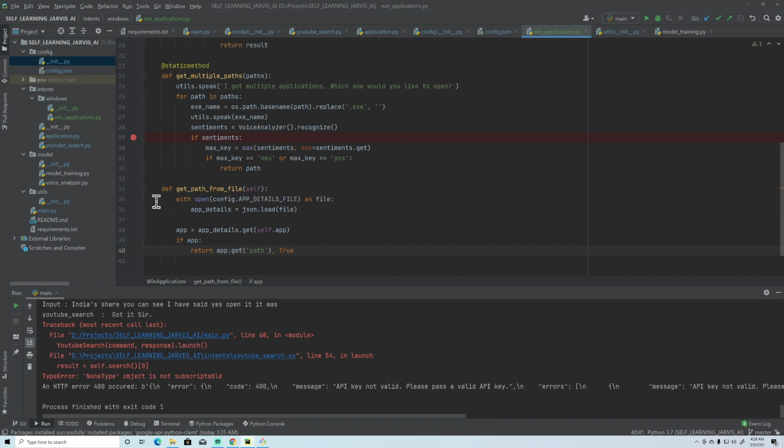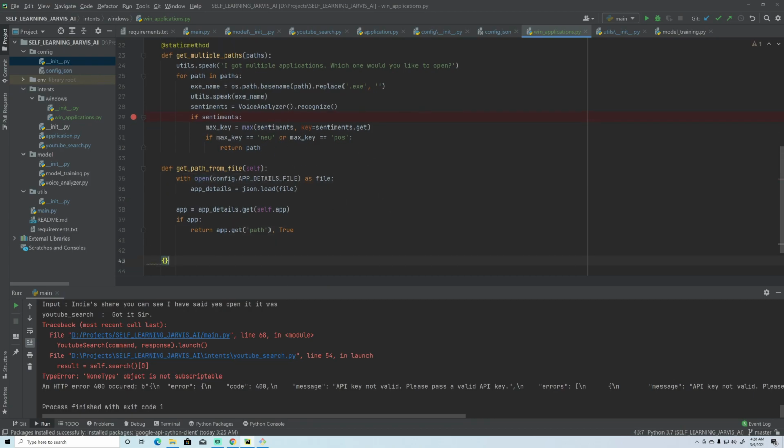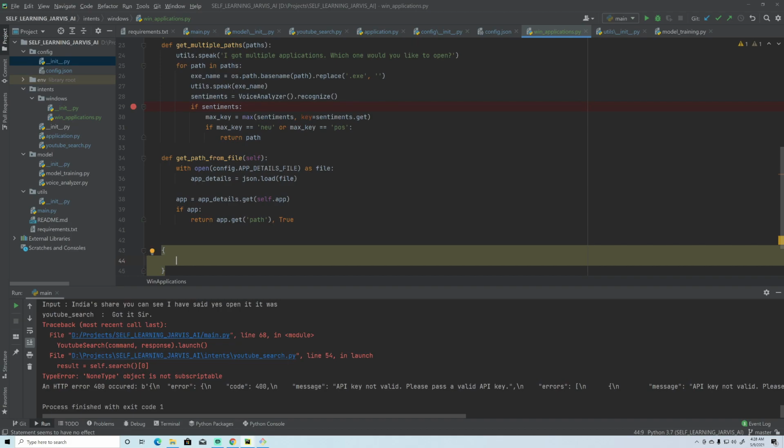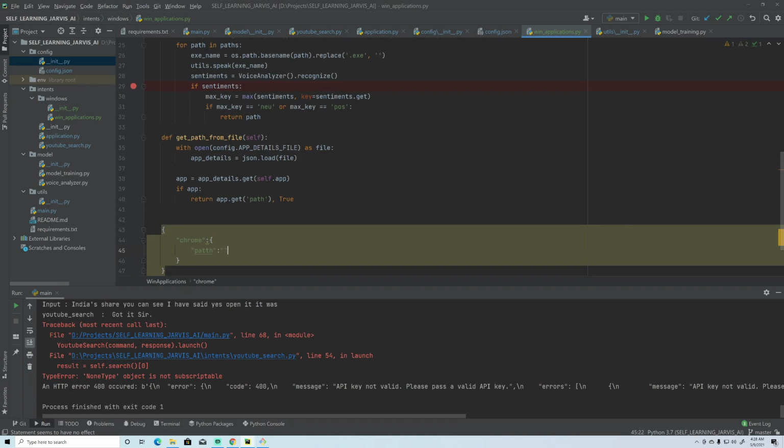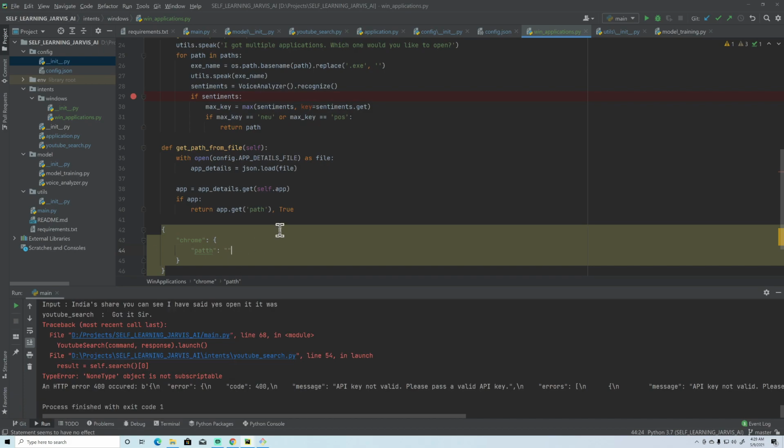Okay, so when we create that file, the details will be like this. First we get the app name, and in this app name we will have another dictionary, and here we will have the path, and then the value of that path, right?